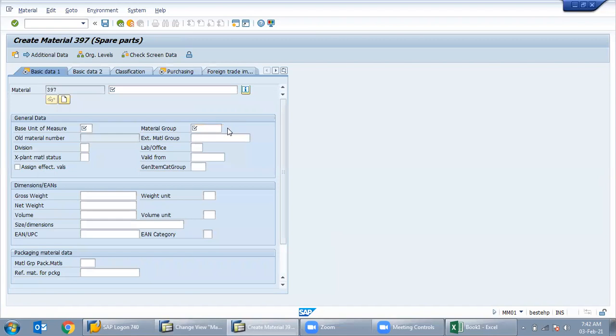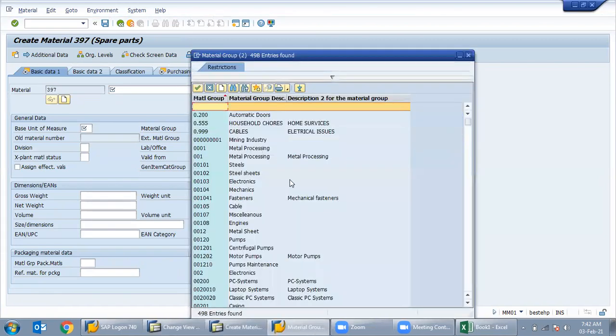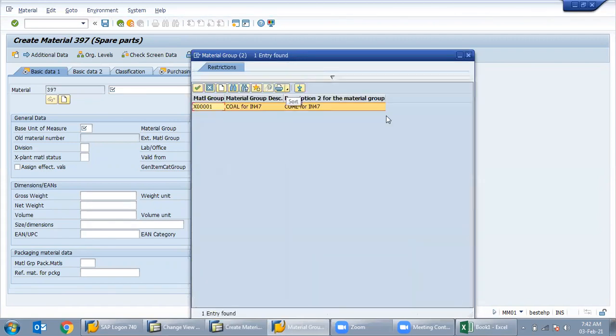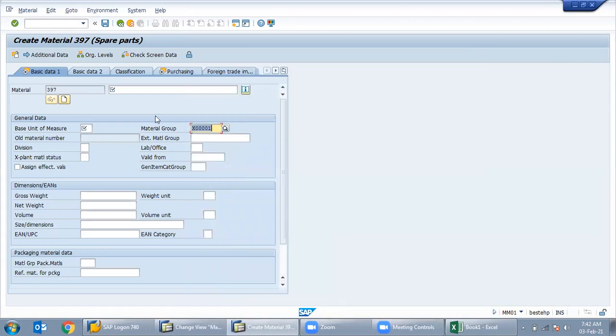See what material group will be displayed, whatever I created. Absolutely. See, it comes. So this is how the end user assigns it: the end user will assign that material group from the drop down after it is created. Okay, that's great.